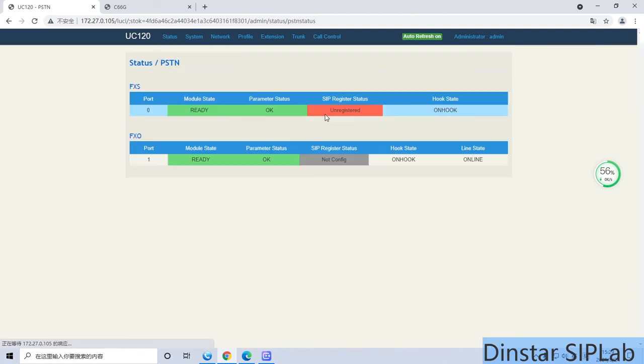And of course, you can see the PSD status. Here we also have FXO and FXS. Because this is a flat display, you can refresh and pick up the phone. If you pick up the phone, you can see the state turn to hang up. So this is very useful